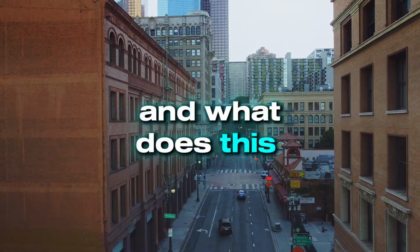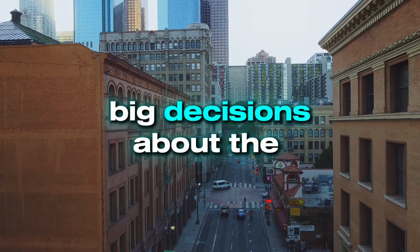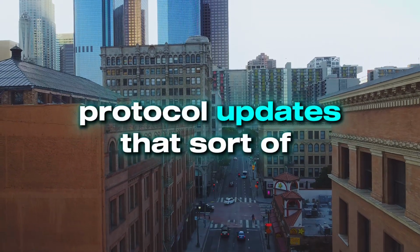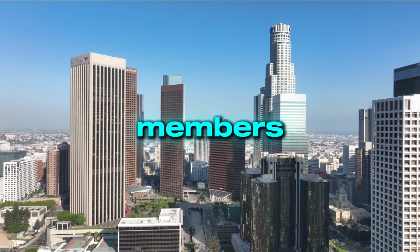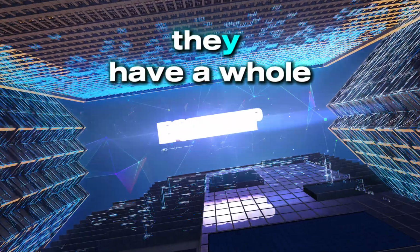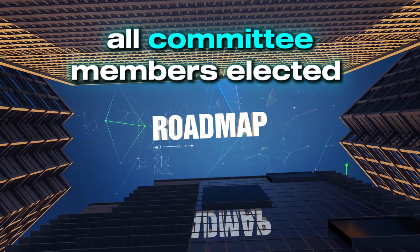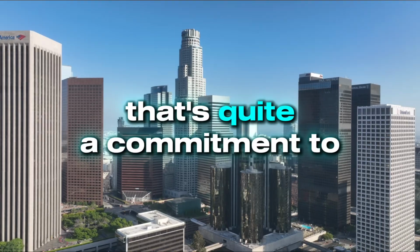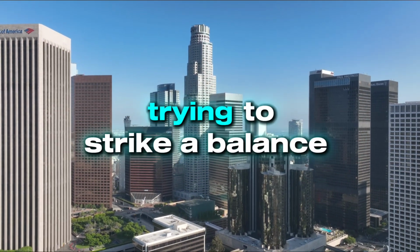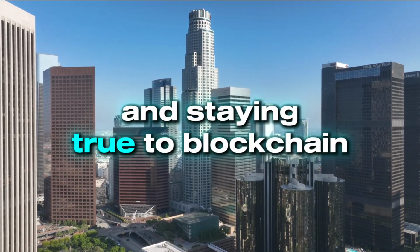And what does this governance committee do? So the governance committee is responsible for making big decisions about the network. Things like parameter changes, protocol updates, that sort of stuff. By bringing in community members, Concordium is really walking the walk when it comes to decentralization. And get this, they have a whole roadmap laid out. By 2027, they're aiming to have all committee members elected by the community. That's quite a commitment to decentralization. It seems like Concordium is really trying to strike a balance between enterprise-grade solutions and staying true to blockchain